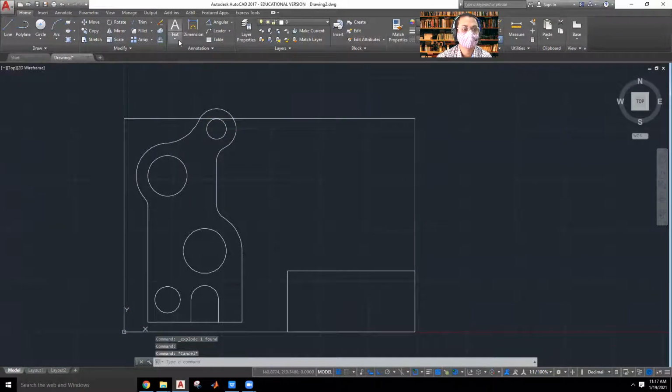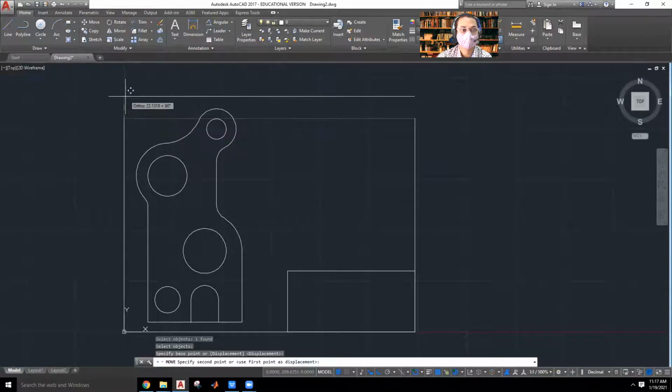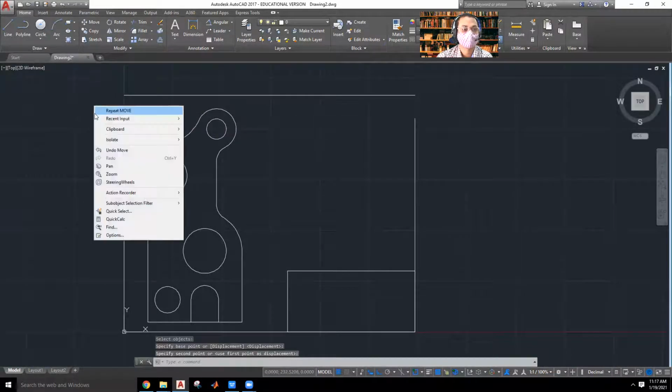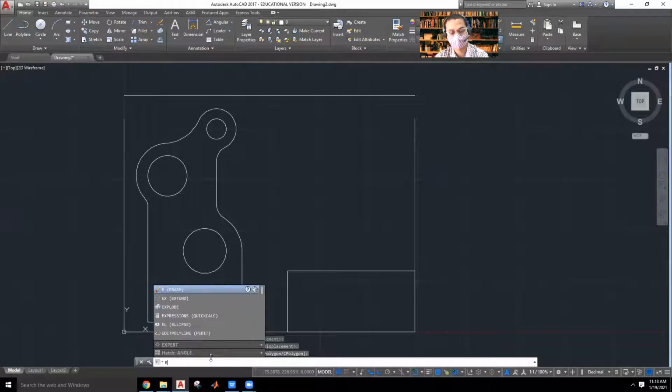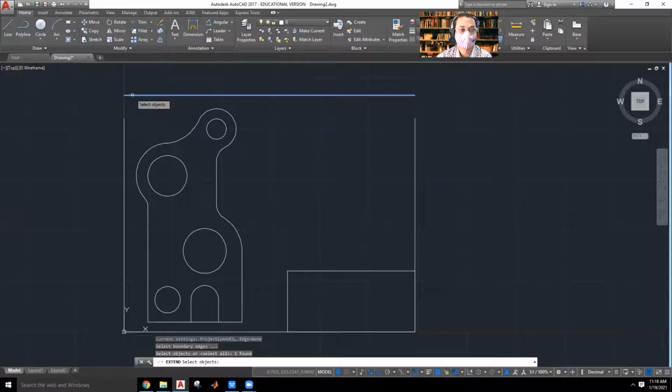So I'll be clicking on the move command. Move command, I'll select the object, enter. I'll select the base point, so that I'll be moving it above. Okay, so then I can use my extend command. So in the command bar, use ext, extend command. So I'll select my final object where I need to extend. Then I'll click enter. Then I'll join this one, so that directly it will join to that. I'll right click, cancel. So this is the one.